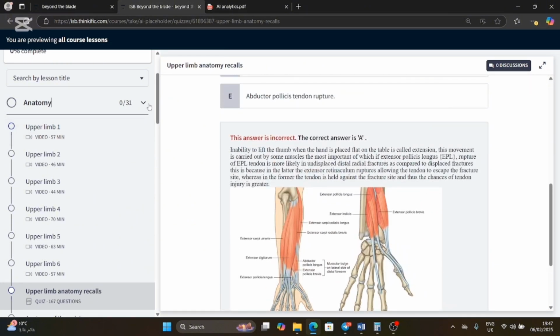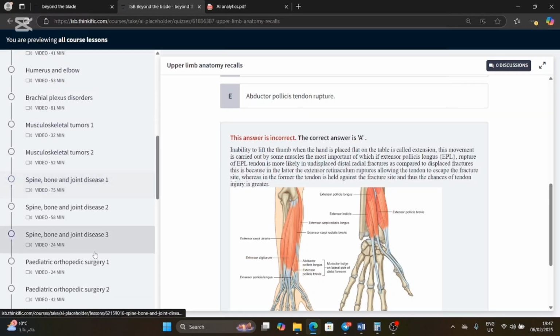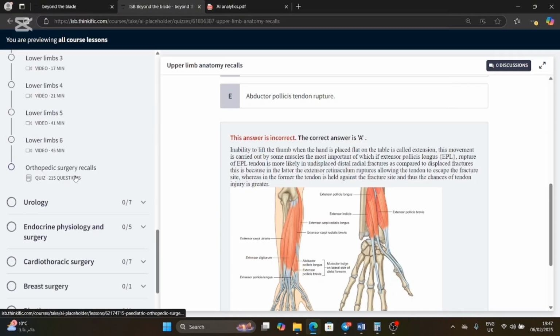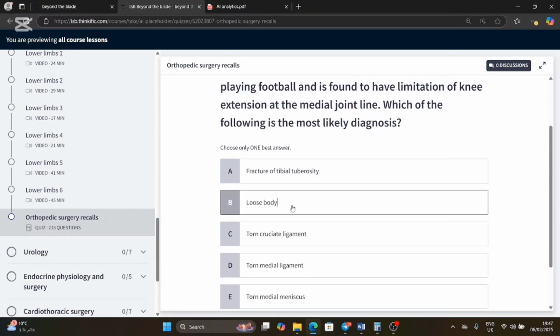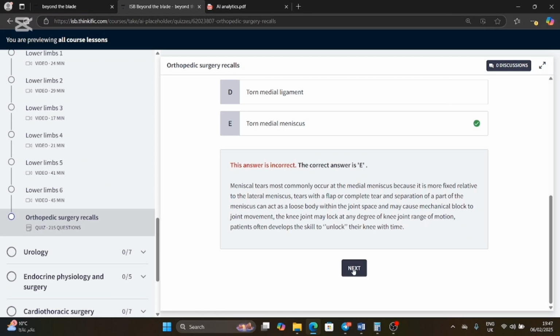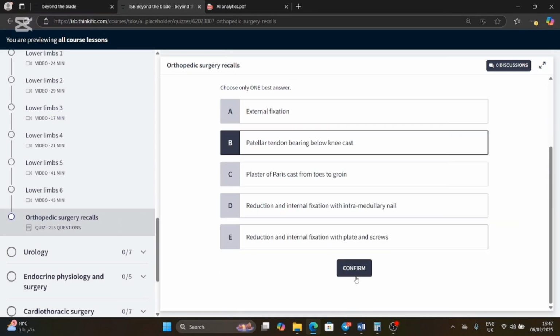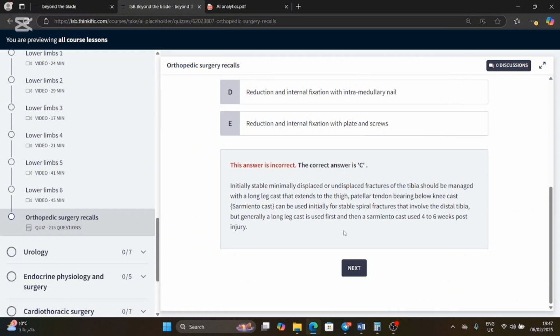That, of course, goes along with all of the other chapters. For example, here in orthopedic surgery, after you've studied all of the topics here, you can go to the question bank and answer, again, recall questions, right? In a very active, engaging way. After you finish a particular chapter and you finish the recall questions about that chapter, you can then